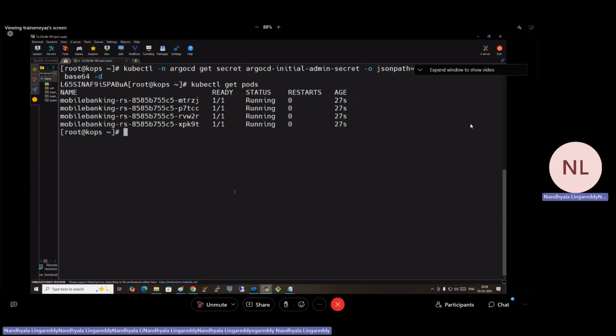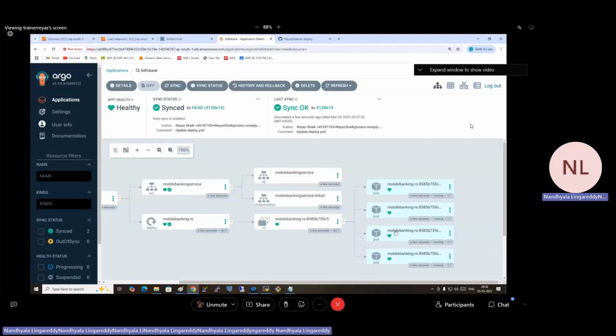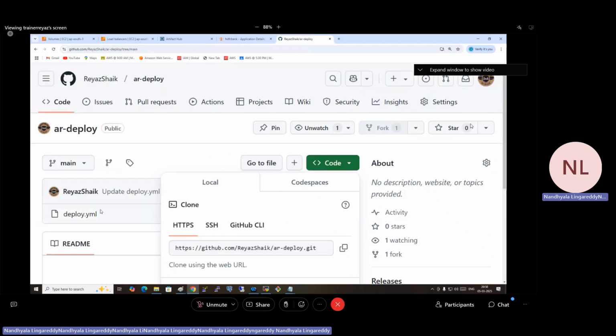Go into the model. How many pods are there now? 4 pods, right? Do you see? 1, 2, 3, 4 pods. Just in case, if I go ahead here into the deployment.yaml